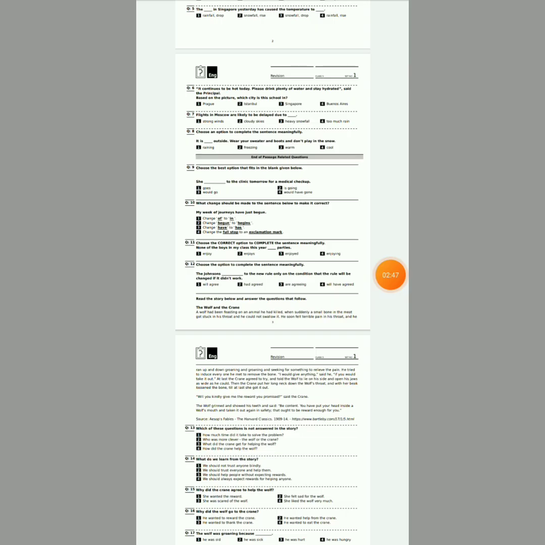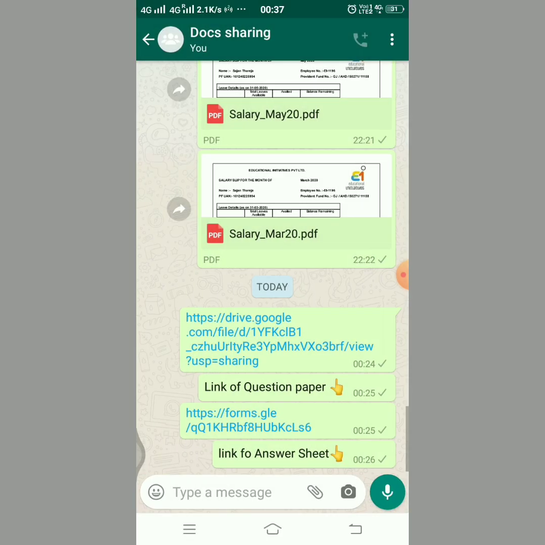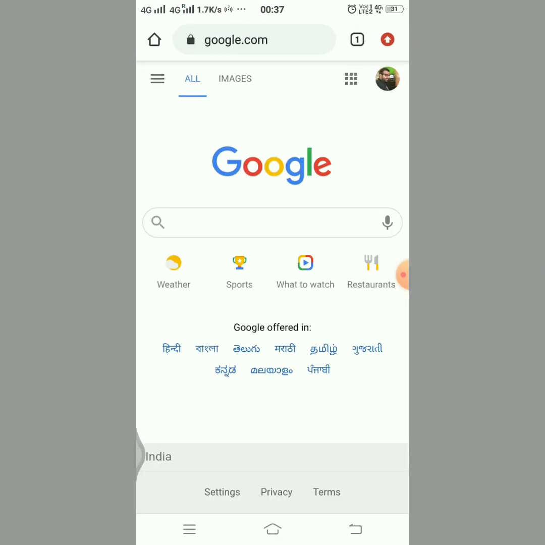Once you complete all the questions like this, in the second phase we'll share the link of the answer sheet. Session 2 will start at 11:30 and run until 12 p.m. Okay, and in session 2 we'll share one more link like this. You need to open the link.